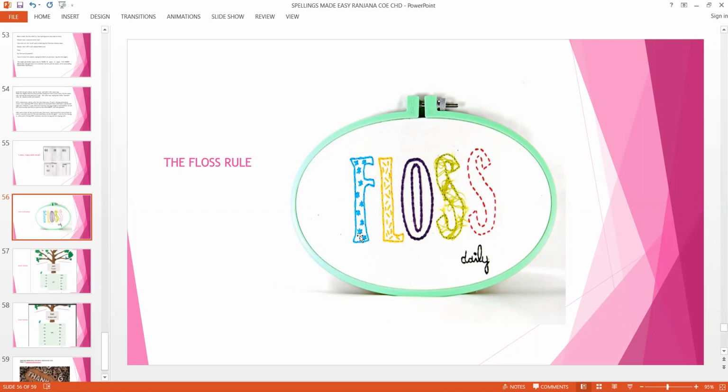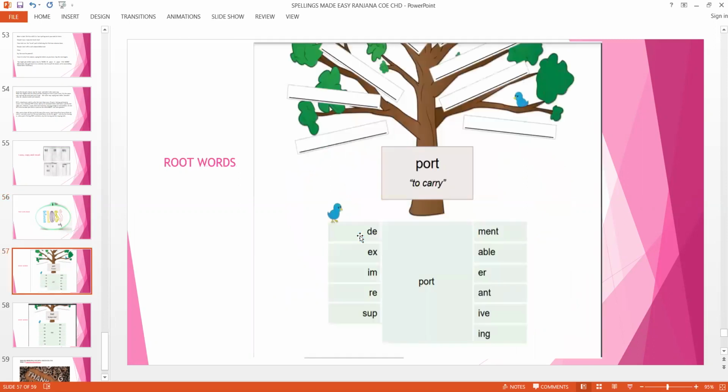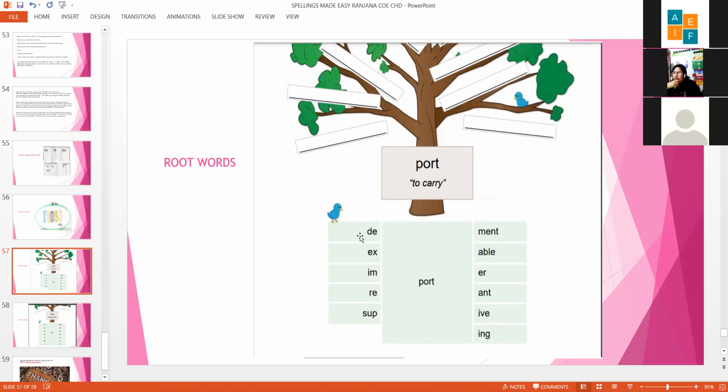So these rules should be explained to the children and a list of words given. Start from there. Root words again are very helpful, not only for the spelling part, but also in increasing the vocabulary. New words can be formed, and this type of exercise should be done after every 15 days in the classroom.